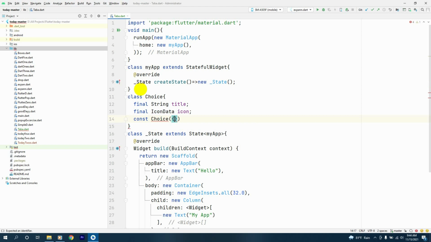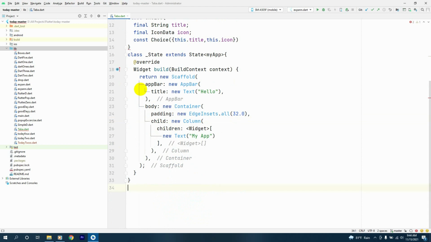Inside it we'll say this dot title, and we'll have this dot icon. Alright,